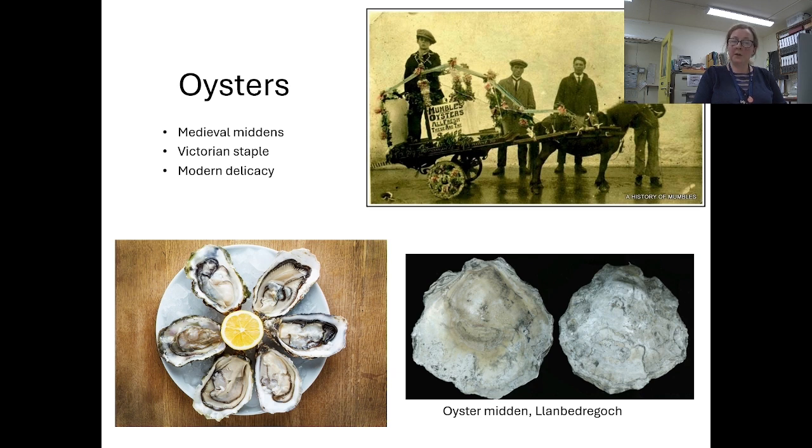But by the 1400s, they were back in favour as a staple cooked in ale and pepper, or pickled for travelling inland. In 1864, over 700 million oysters were consumed in the UK, which is quite remarkable. And the oyster industry employed many, many people, especially in Oystermouth on the Mumbles near Swansea.